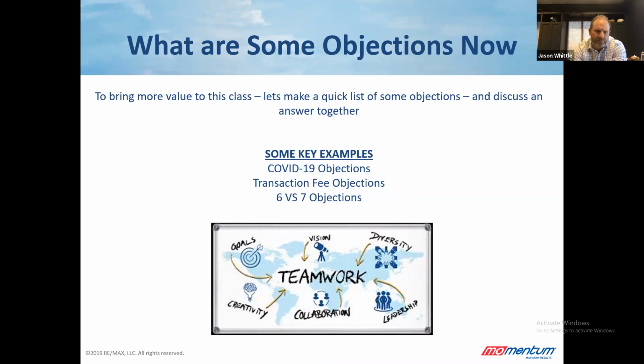One thing that works really well, I learned this years ago, is that you just throw it out there, whatever the objection is, you just throw out your answer. That's my 7%, I charge 7%. And then you don't say anything. You just look them right in the eye and you wait. Or maybe it's a price that you're trying to get them to go to, and you say, you can't list over 250,000.